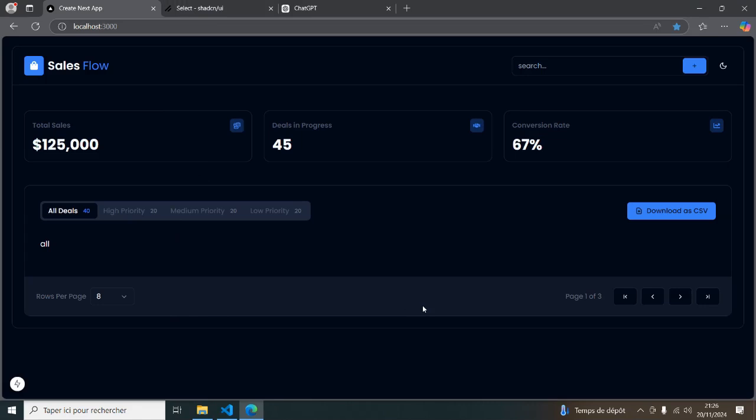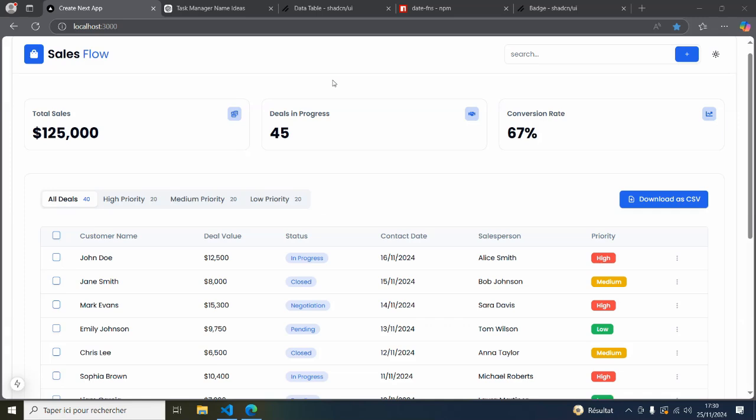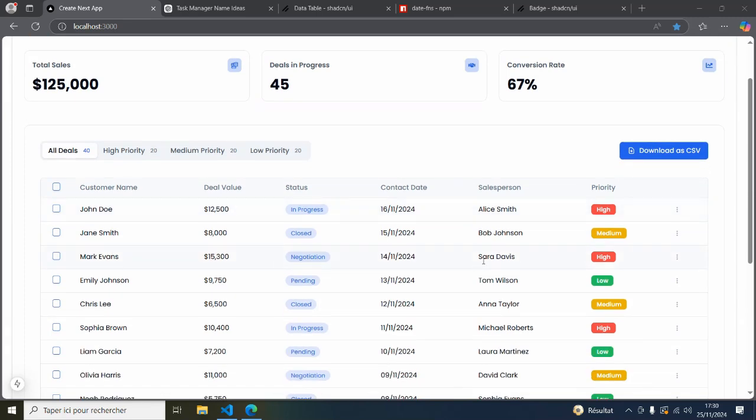So the only thing that is missing in this page, which is the most core one, is the table, and this is what we are going to work on in the next stage of our project. So after we created the tabs area and this button, the next thing that I added is this table,